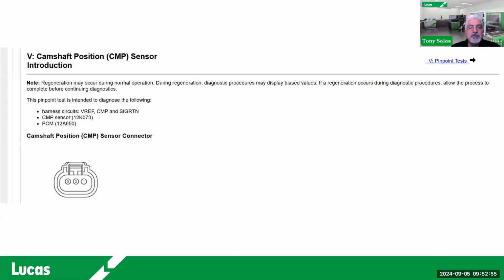All right. Please note that, like I said, you got to know your sensors. I showed you the Snap-on Zeus. I showed you some of the information from the service manual. But on a Ford, for example, you're going to notice that Ford uses what they call pinpoint tests. I'm just showing you a brief introduction here of the camshaft position sensor. In this case, the camshaft position sensor is an input that is used with the crankshaft to give you